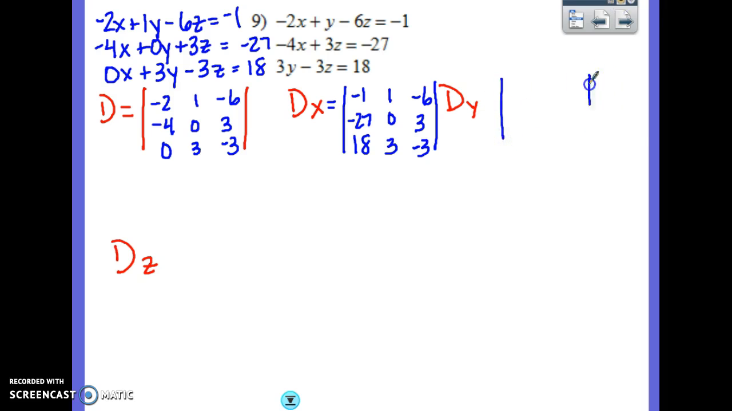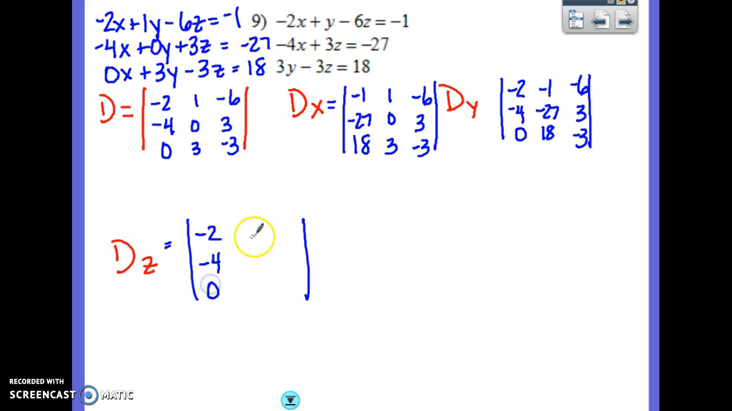The d sub y matrix, x column stays the same, so negative 2, negative 4, 0, but when I get to the y column, I'm replacing it with the constants, negative 1, negative 27, 18, but the z column stays the same, negative 6, positive 3, negative 3. And then finally, my z matrix, x's and y's stay the same, z is the only one that changes, so negative 2, negative 4, 0, 1, 0, 3, and instead of the z's, I'm going to plug in negative 1,